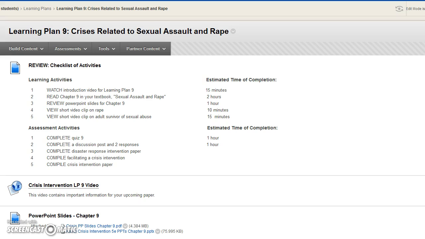This chapter discusses what is rape and discusses the rape trauma syndrome. It also discusses the empowerment model with sexual assault survivors. Pay particular attention to this, and it discusses interventions with a rape victim. It also goes into and discusses date and acquaintance rape, which is actually quite common.